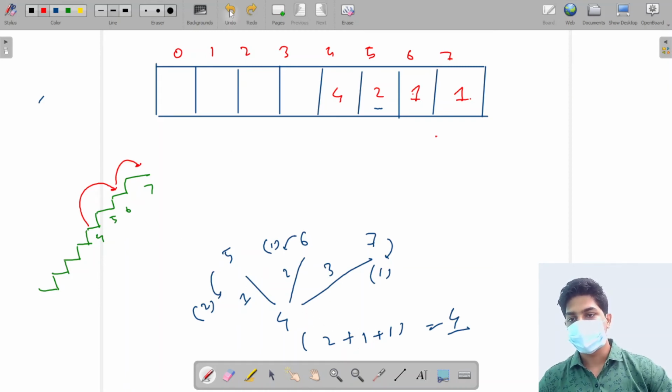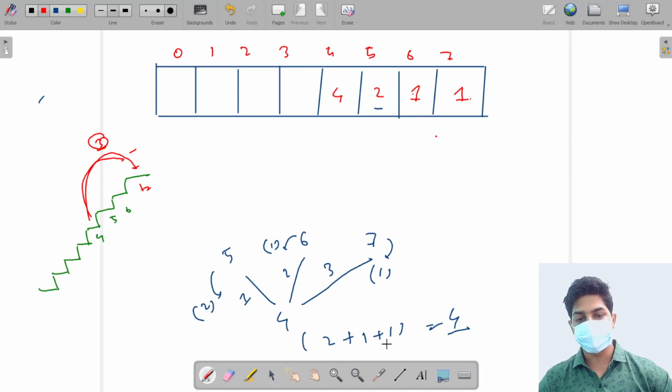Now let's see, if I take a jump of 3 units, I will reach 7 directly. 7 will just stay here and not move anywhere else. So this is the way: directly take a jump of 3 units and you will reach the destination point. So this one is contributed by the 7. In this way, there are a total of 4 ways if we jump from index number 4, that is stair number 4. Now I think this diagram is clear on how we are reaching the destination.